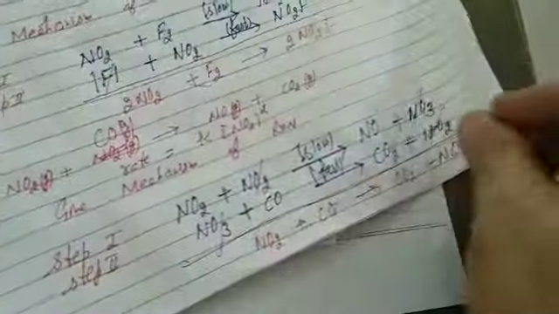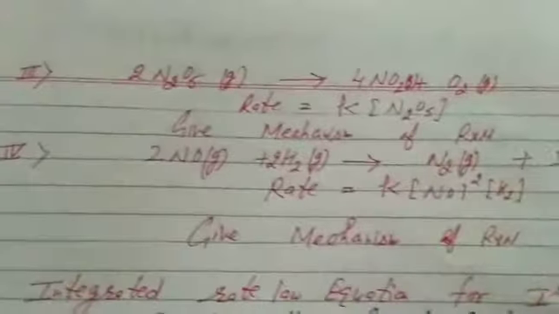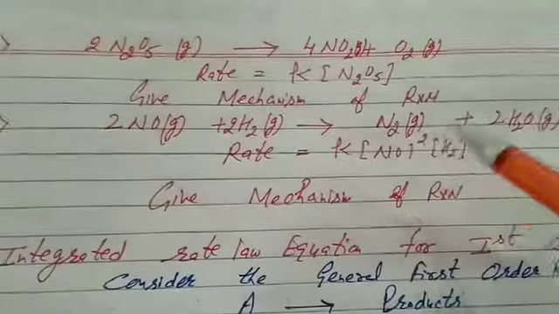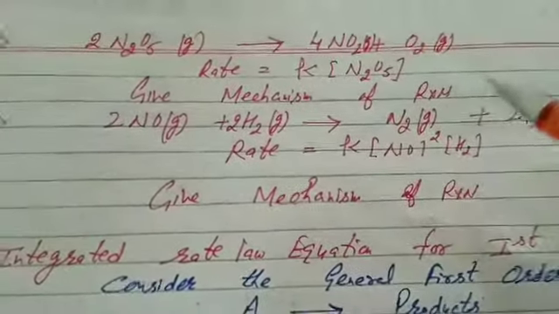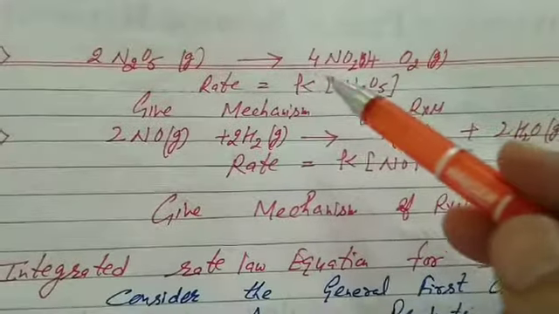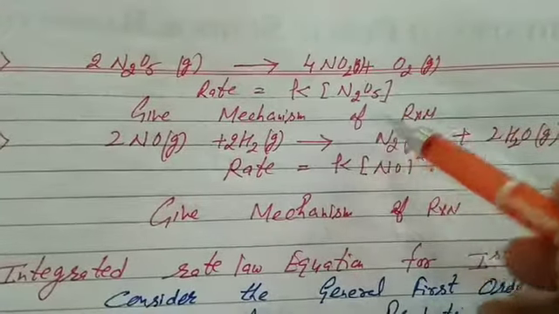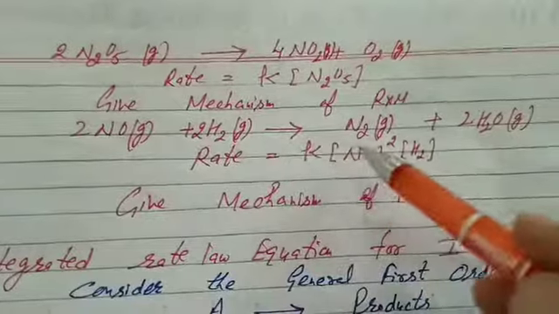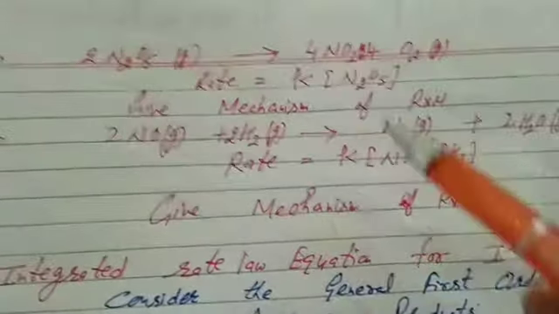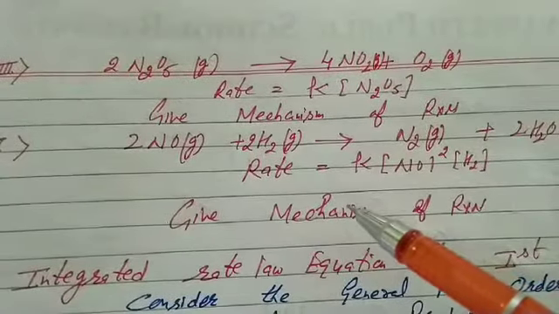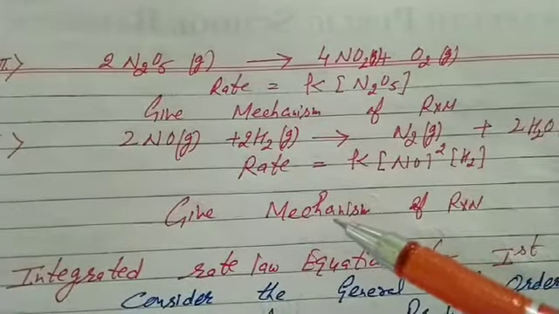After this, next, again these are some questions which you have to do. I will check your knowledge whether you understand or not. That's the given equation, that's the rate, give the mechanism. After this, students, that's the given equation, its rate, give the mechanism of this reaction. Please try to proceed. I hope you can easily do these reactions.